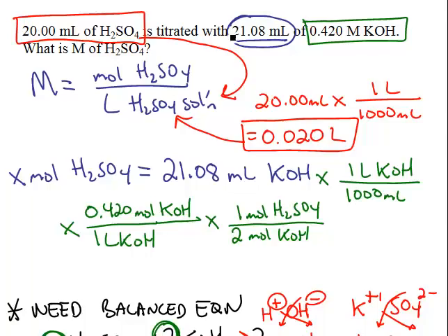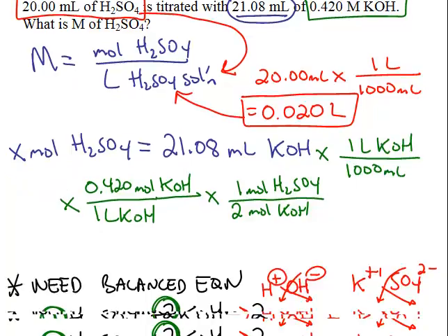So just to review this problem looking for the molarity of sulfuric acid. First we wrote down the definition we were looking for, the fraction, moles sulfuric acid divided by liters of solution. Indirectly from the problem we knew the liters of sulfuric acid solution. We found that by turning 20 milliliters into liters, we moved the decimal over 3 places, and we got the